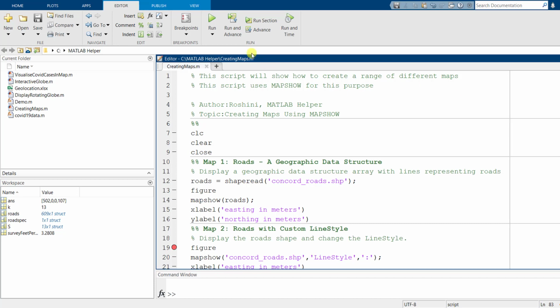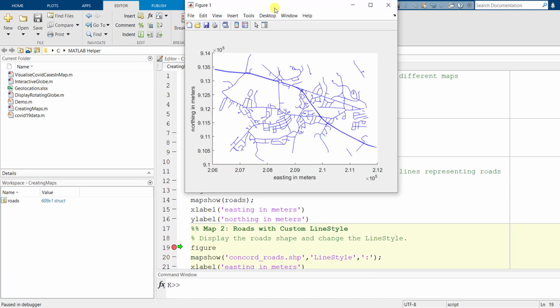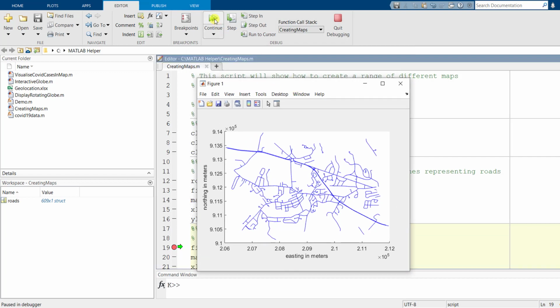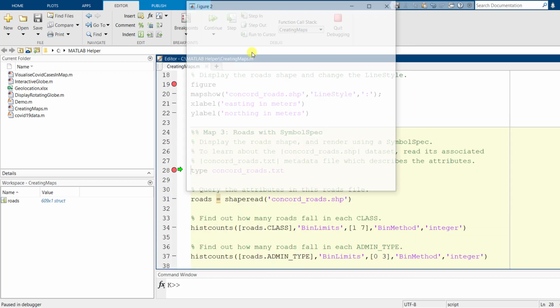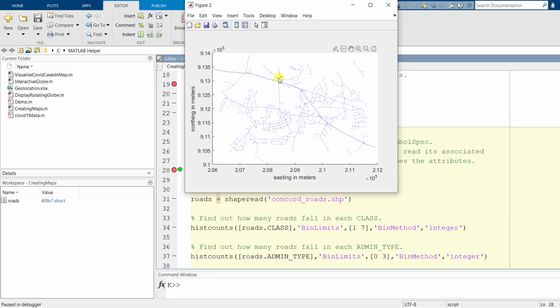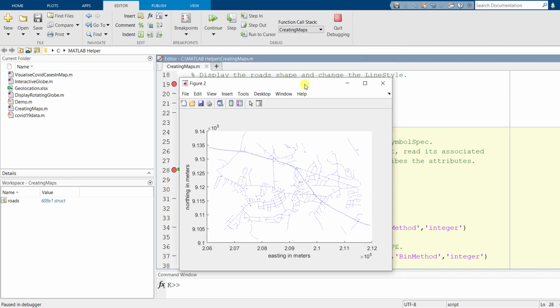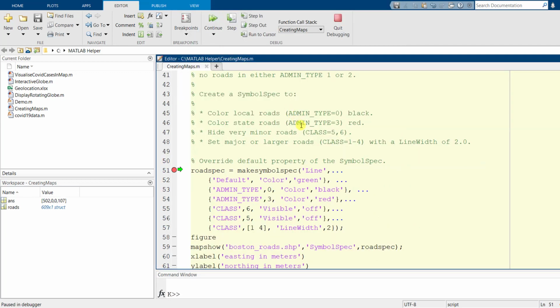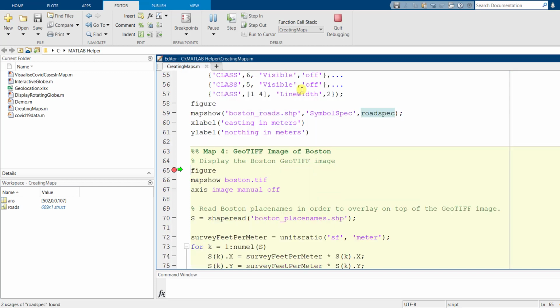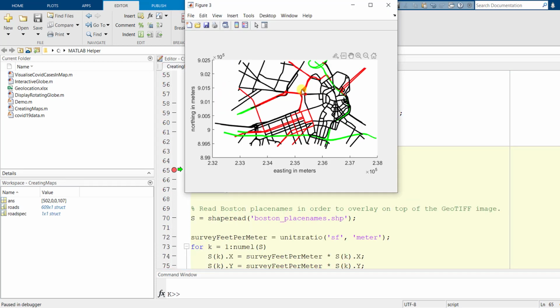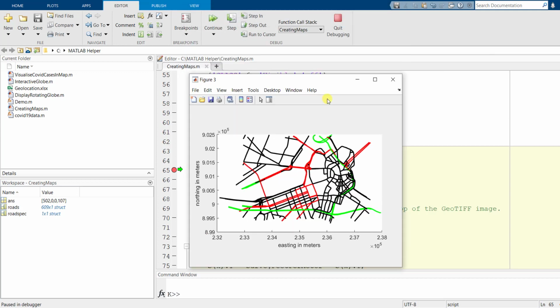Once again, let's see all the maps. Firstly, we have the map with the roads. Next, we have the map with custom line style. Next, the maps with corresponding color to a particular class or type.